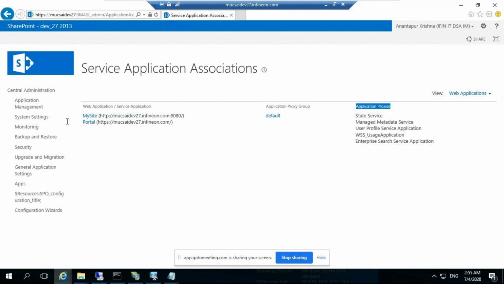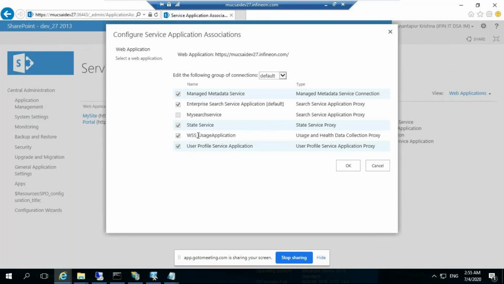The enterprise search service application is already configured, but it is out of the box, so you can't do any customizations on the search. Suppose I want to restrict some site results, or make UI changes and all, we can do it by using custom search.